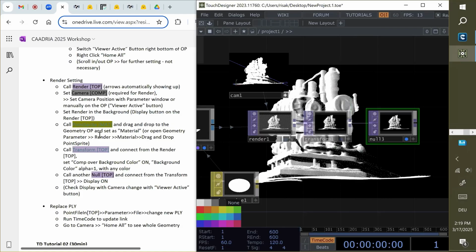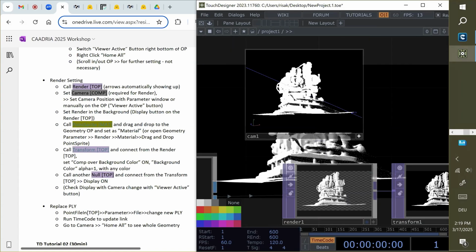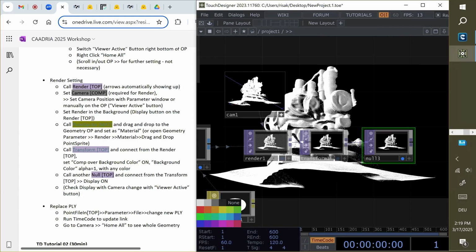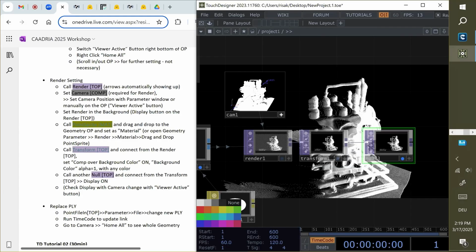And okay, so we put some rendering setting. We put render TOP and put the camera TOP, camera COMP. And then I also explained some of this viewer. Now you have background, so you can also change some angles you can see.